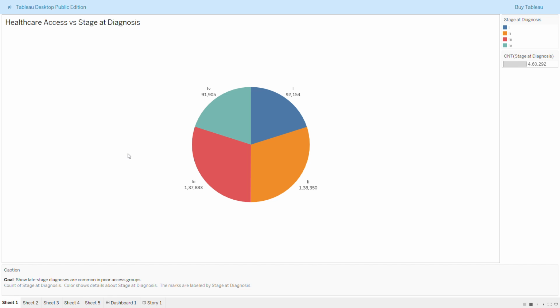So this first chart demonstrates how healthcare access impacts when lung cancer is diagnosed. That is named as the healthcare access versus the stage at diagnosis. The key finding of this unveils the effect of insurance and screening access on cancer diagnosis stage using the healthcare stages at diagnosis. So the key finding is individuals with insurance and screening access tend to be diagnosed at an early stage,